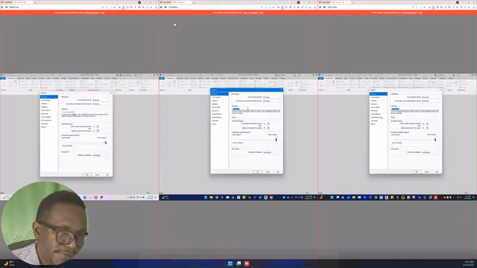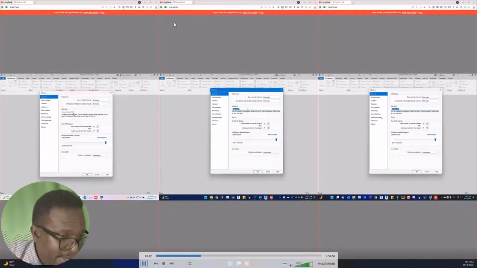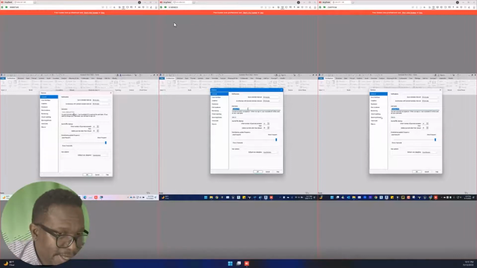is based on your Revit username. So if you change your username in the middle of a project,